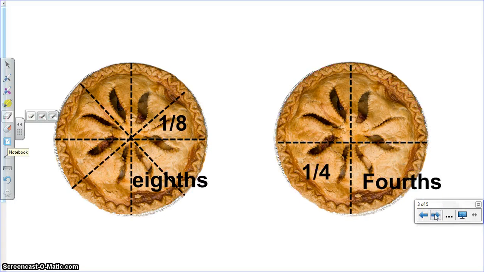But now let's talk about, well, how can we do that without drawing a picture? How can I figure out what is equivalent or not? And I'm going to use these 2 pictures to show you something that's equivalent and something that's not. And the first is going to be 1/4. I want to see if 2/8 is equal to 1/4. The way I want to start off is by taking my smaller denominator,